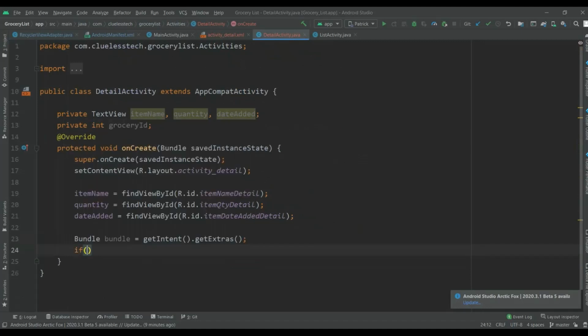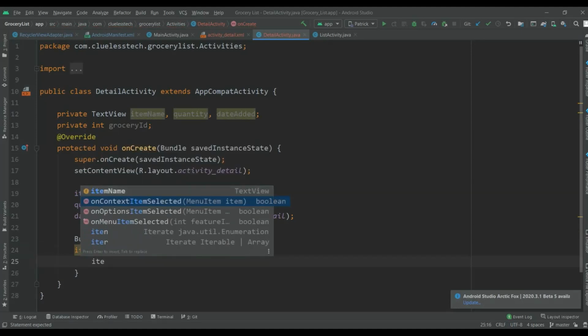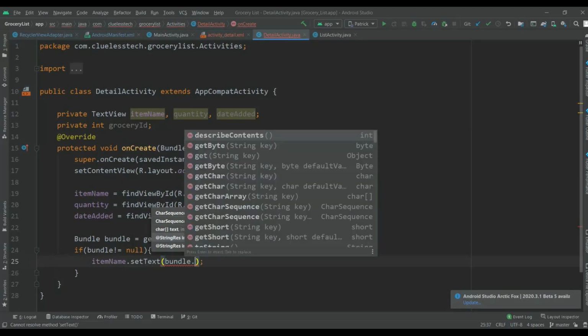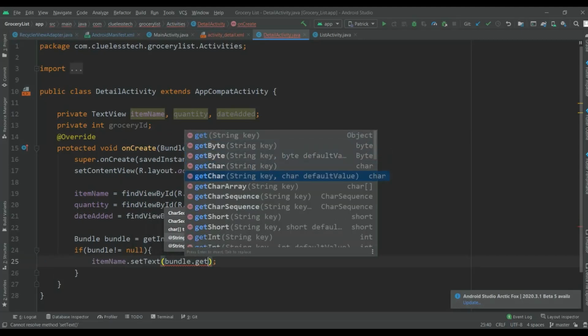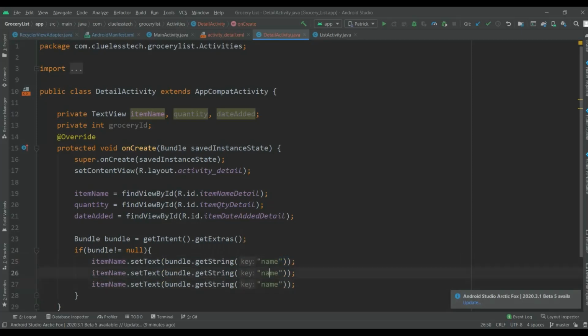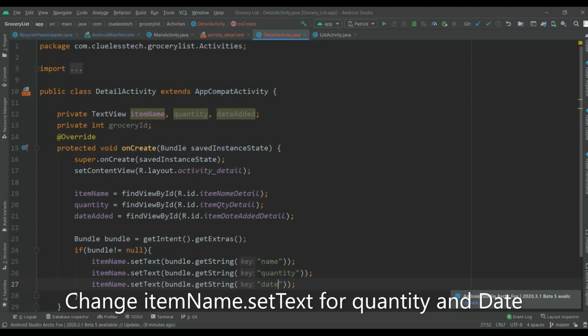So now if bundle is not equal to null, so if we got some record, then we will set that data inside this text. itemName.setText(bundle.getString("name")), and we will do the same for the quantity and date.